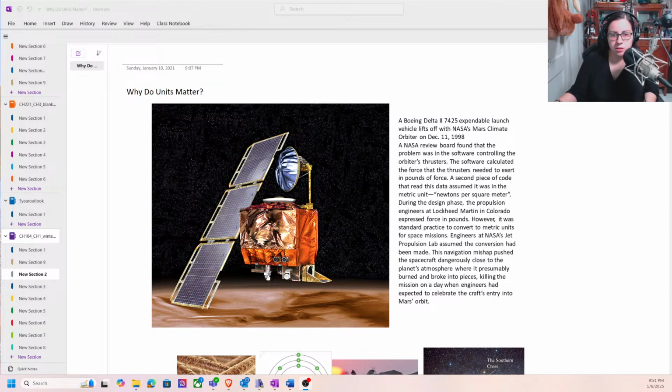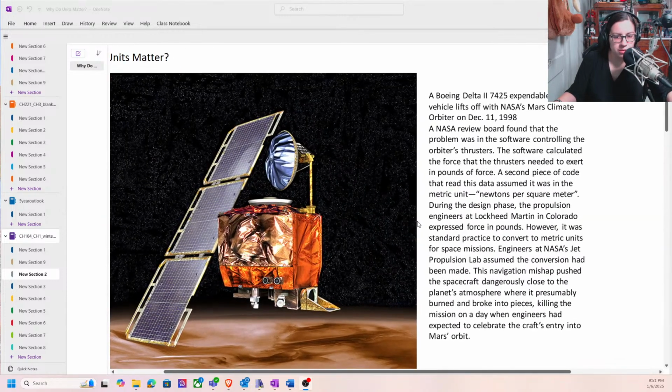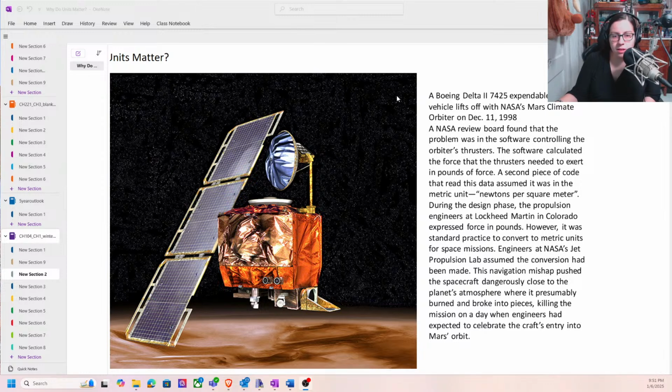Let's discuss units. So, why do units matter? Well, I like to tell this little story in class, and it goes like this. It says a Boeing Delta II with expendable launch lifts. Basically, they're going to Mars. What had happened is they launched this aircraft to Mars, and then it entered too close to the atmosphere. So here it says down here